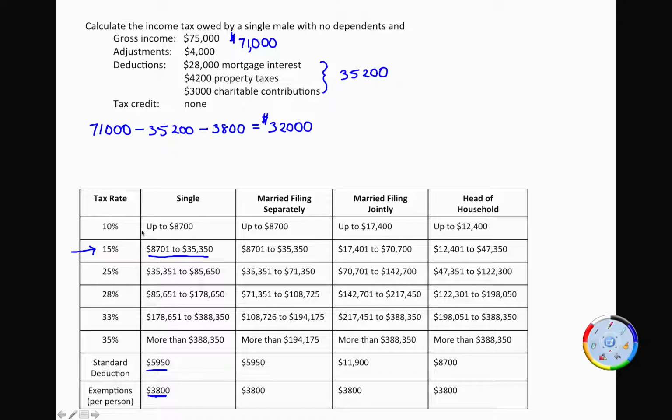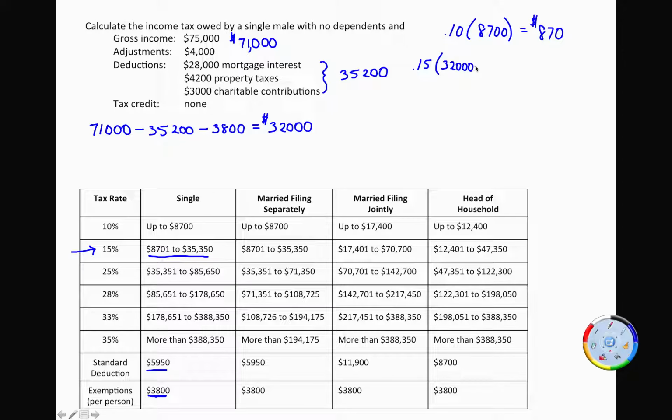The first $8,700, everyone except the head of household only pays 10%. So the first thing I do is I say, okay, well, I've got 10% of $8,700. Right, so that's $870 that I owe for that first $8,700 that I made. Now I'm going to pay 15% on my next chunk. But I don't even have to pay for this whole category because I only have to pay from $32,000. So I'll say